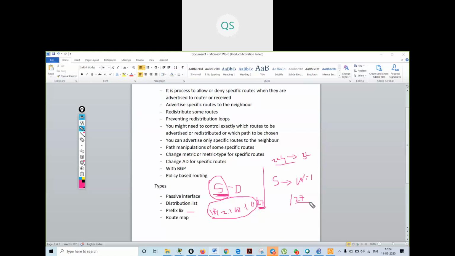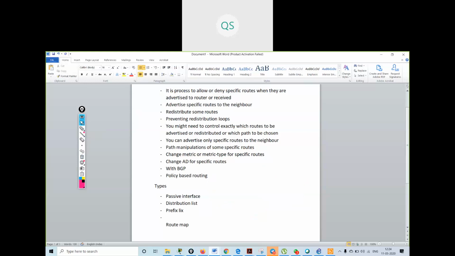So it looks at the slash values also. How can you use the slash values over here in the prefix list? See, if I give a network, suppose the 10.0.0.0 network, and the value is slash 8, what is the mask?